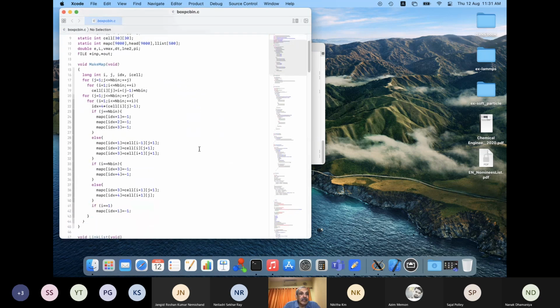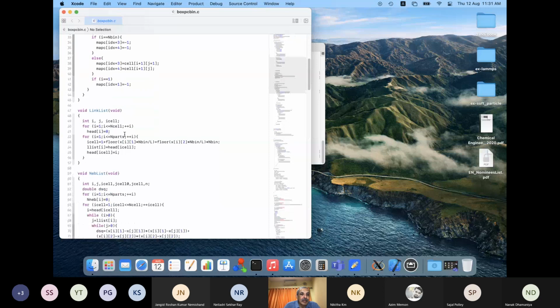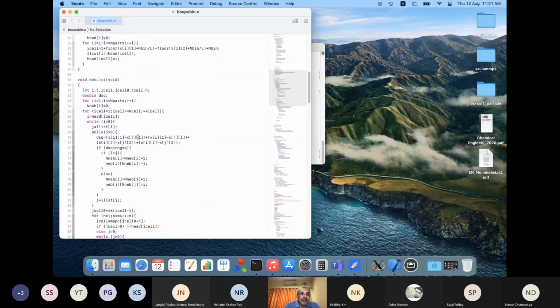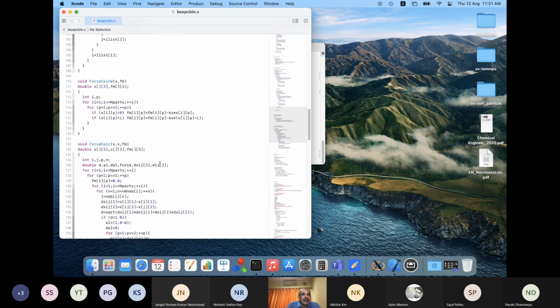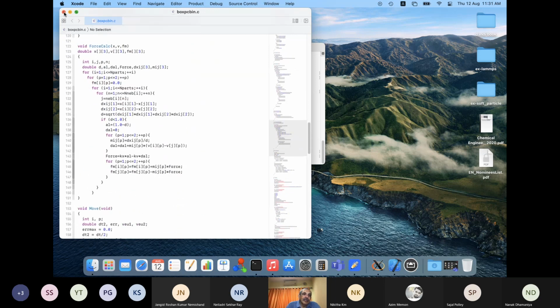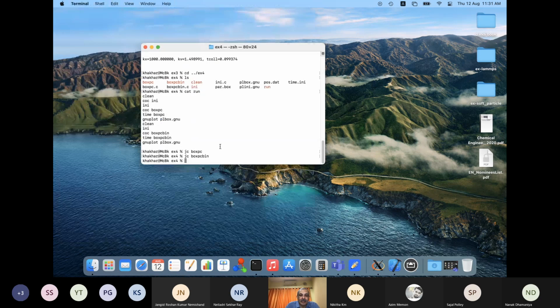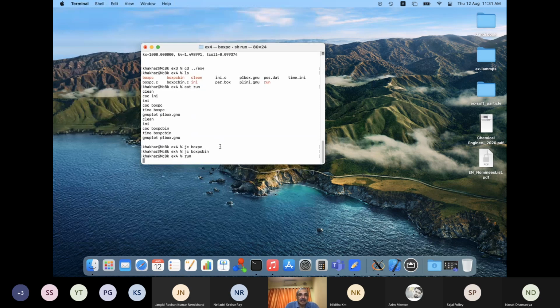this box PC bin, you first make some map. This is the link list. And now for the neighbor list, I only go over the bins, so cell going from 1 to n cell. And then I check only the neighboring bins. The neighboring bins are given by this mapped C matrix. And so I check far fewer particles. So, if I run this, you'll see that